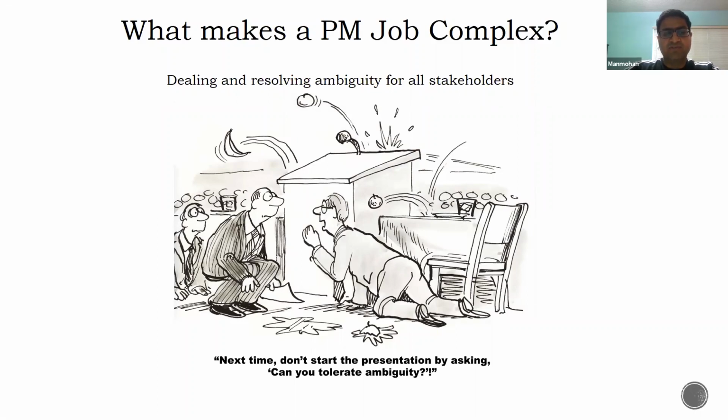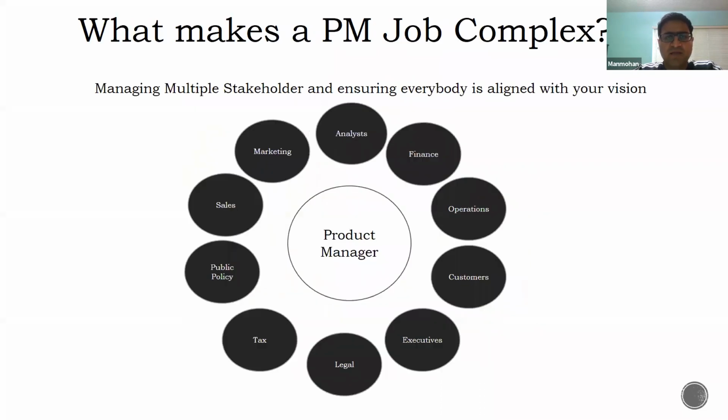And I still remember when I was writing my first document at Amazon, just a 5-minute hallway conversation with a colleague converted my document from not so great to wow in 2 days. We were discussing the structure of the document. The document had all the components. It was just the structure that was missing. Just a 5-minute conversation with my colleague changed the entire thing. So dealing with ambiguity and resolving it for your stakeholders is the number one challenge that a PM job entails, which is amplified with this work from home scenario or the remote product management.